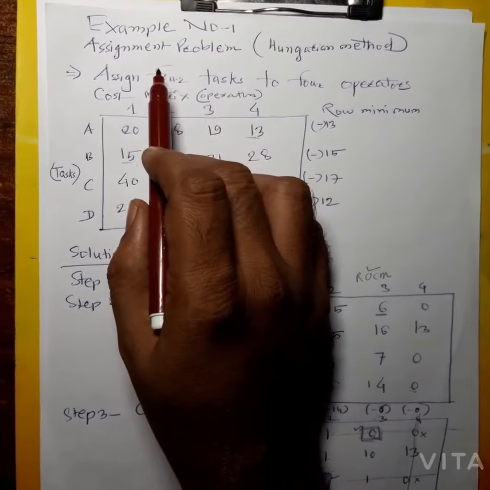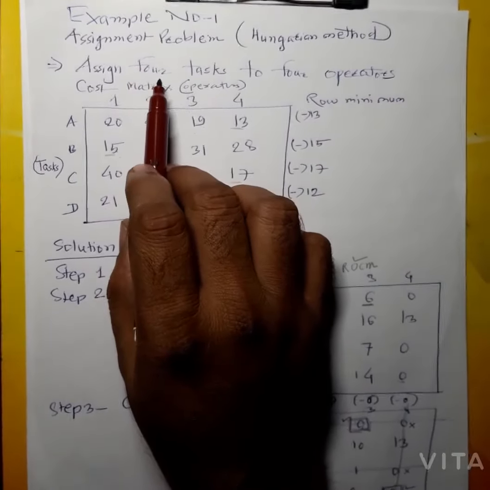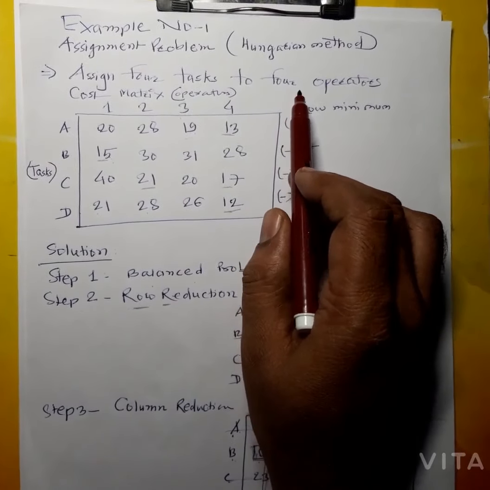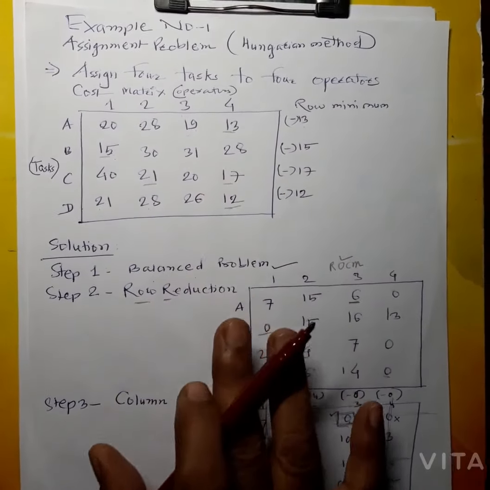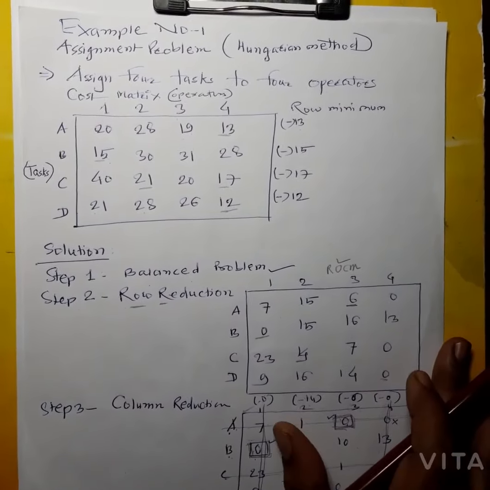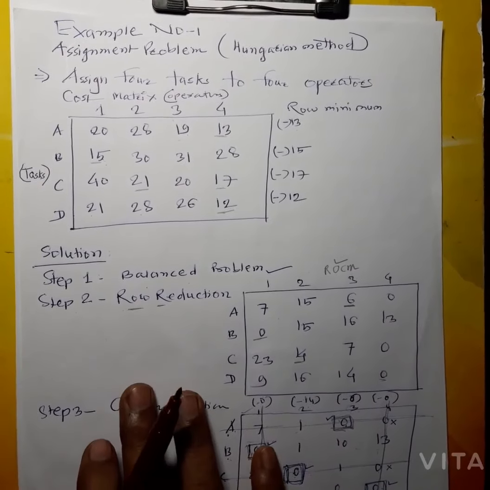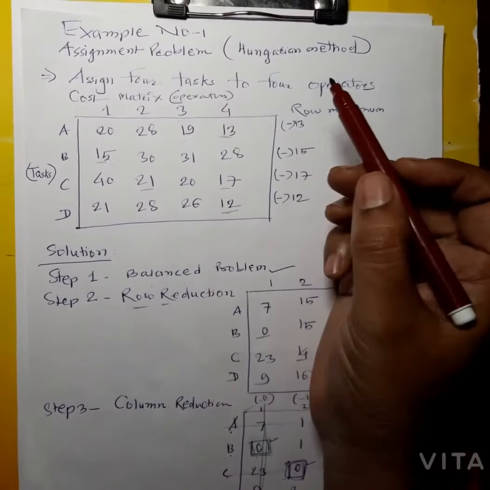This is a very simple example of one assignment problem. In this example, our aim is to minimize the cost. Basically, the transportation problem and the assignment problem are used for minimization of cost or minimization of time. Correct? Now in this example,